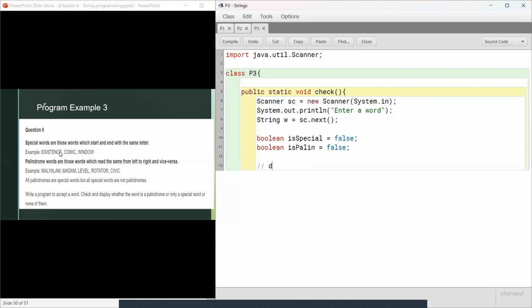Okay, so I'm first going to decide if the word is a special word. Fine. How do we do that? Character at the first thing. So I'll extract the character. First character, fc, is equal to, what will it be? w.charAt(0). Do we agree? If we enter existence and I say charAt(0), it will give me the letter E. I want the last character as well. So I say lc is equal to w.charAt(